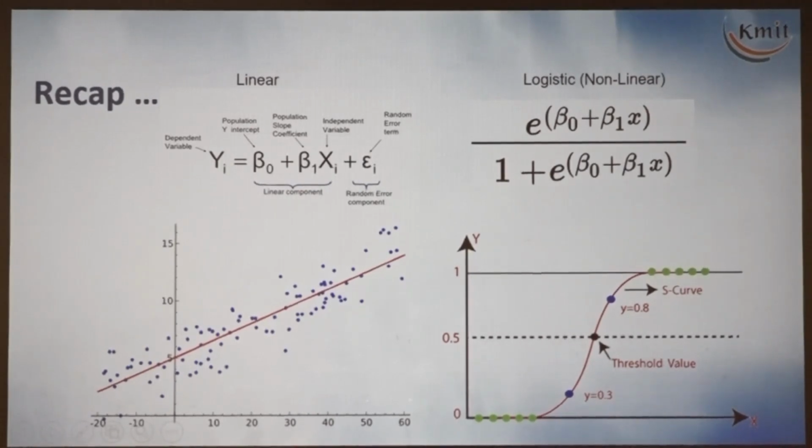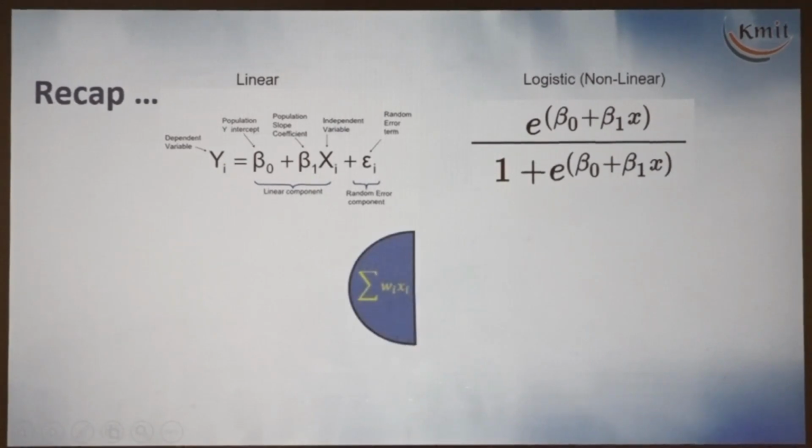Now I am changing this. Can you represent this model like this? Sigma Wi xi. What is Wi? That beta 1, beta 2, whatever we have specified, the beta is represented as W here, right? And this is the linear model only. And I want to apply this part. How can we apply this part? This is by adding the sigma, right?